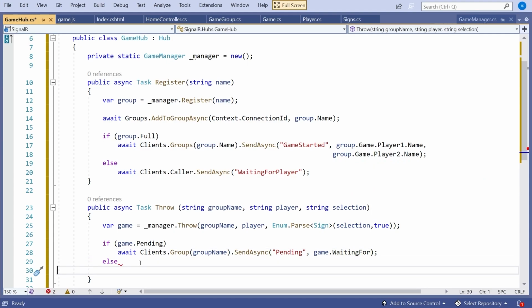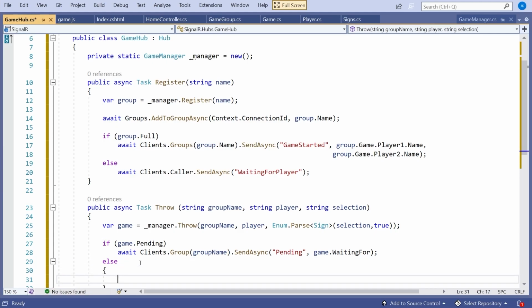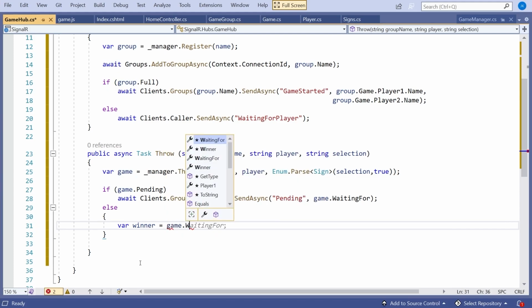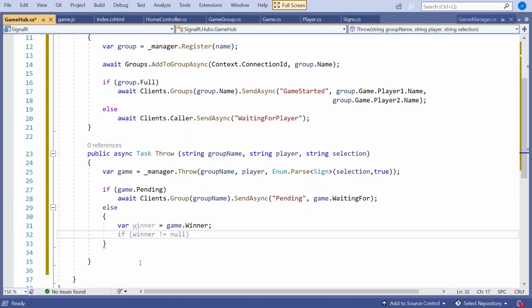And then if it's not pending, so if the game's complete, either a win or a draw, then it's a bit more complicated. So what we're going to do is we're going to get hold of the winner. So that's going to be game.Winner that we can see we've got there. We're going to get hold of the explanation. So the thing about that winner is, notice it's a nullable string.